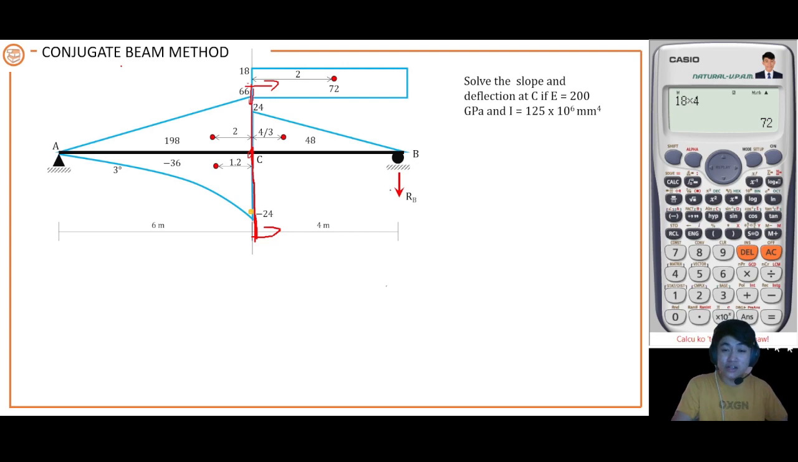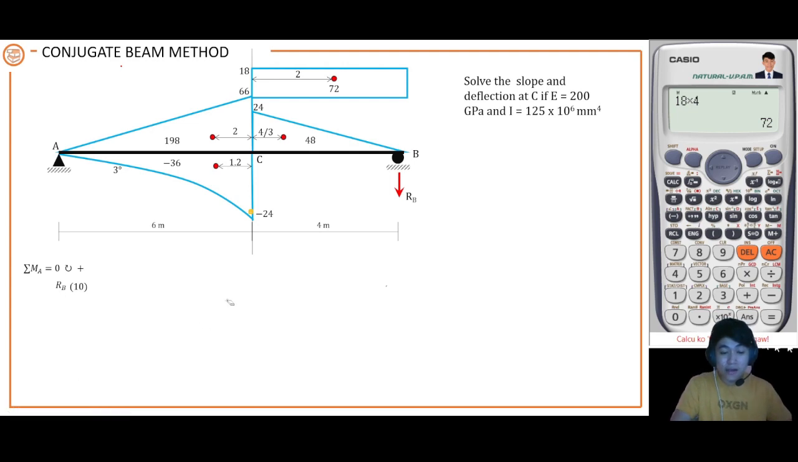Okay, so let's solve the reaction of the support at point B. Let's assume that it is clockwise, or downward rather. Okay, so let's sum moment at point A. Summing moment at A, let's say clockwise is positive. So we have RB times the distance of 10. So the loads, take note class,